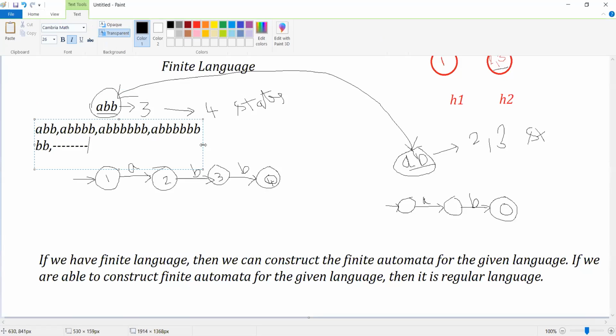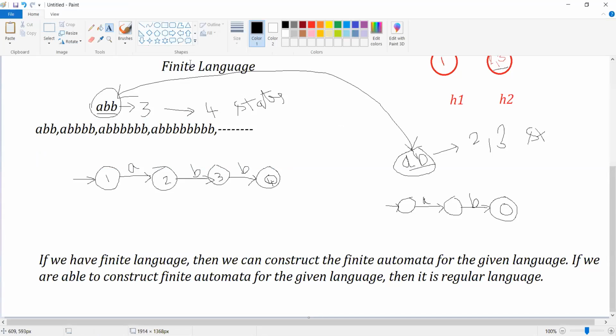Now please try to understand: just now I told you that when we have a finite language, by default that finite language is a regular language. But what about the infinite language? For example, if you consider this language, this is an infinite language.